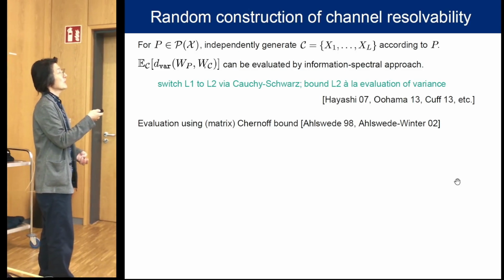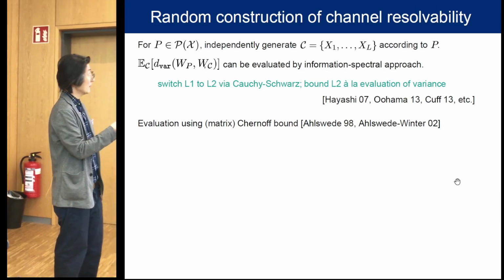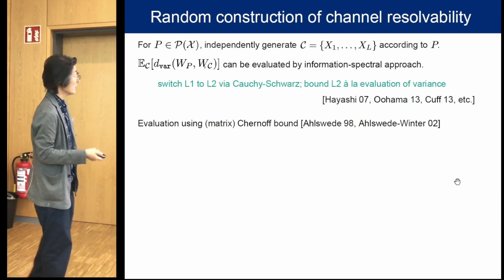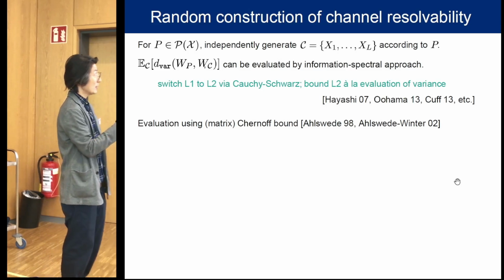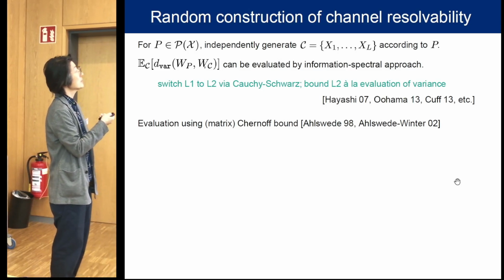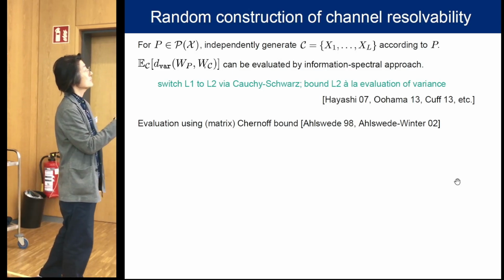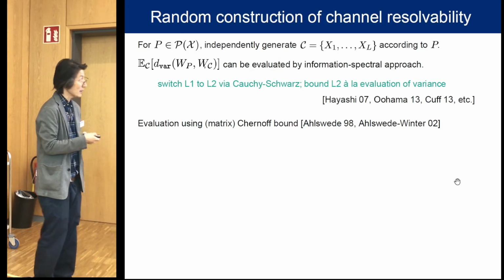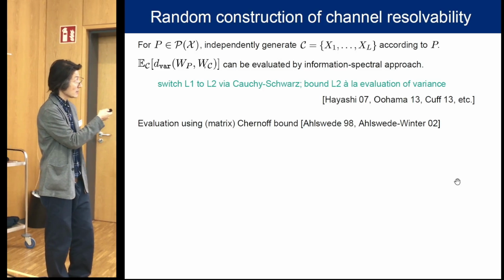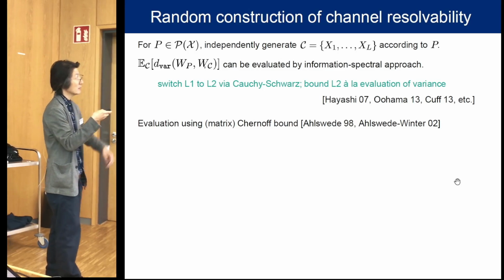Such an approach has been used in some papers, and alternatively, we can also evaluate approximation error using Chernoff bound, which was used by Ahlswede for classical case and Ahlswede-Winter for quantum case. Let me explain this approach in more detail next.